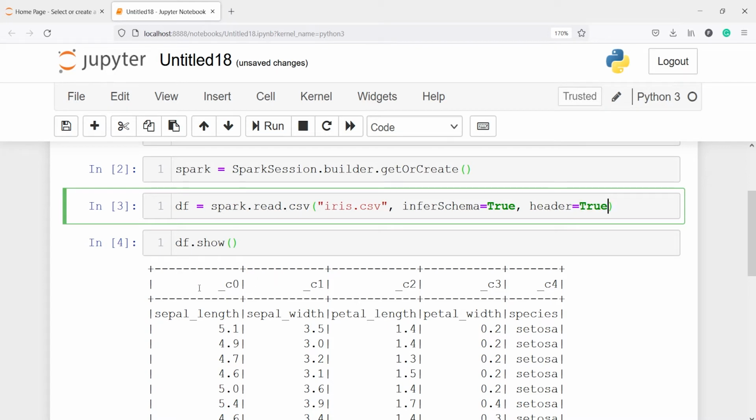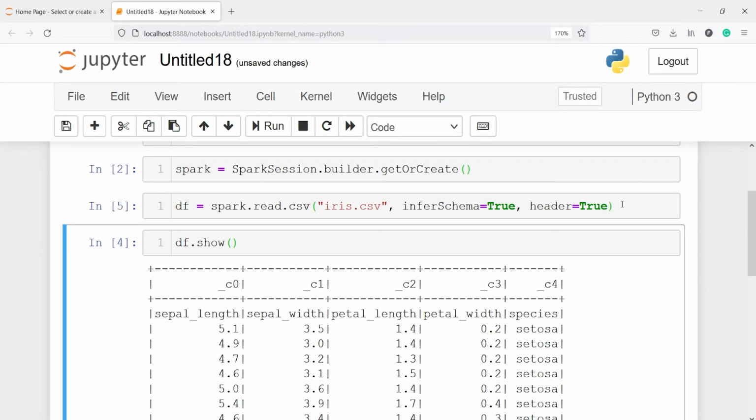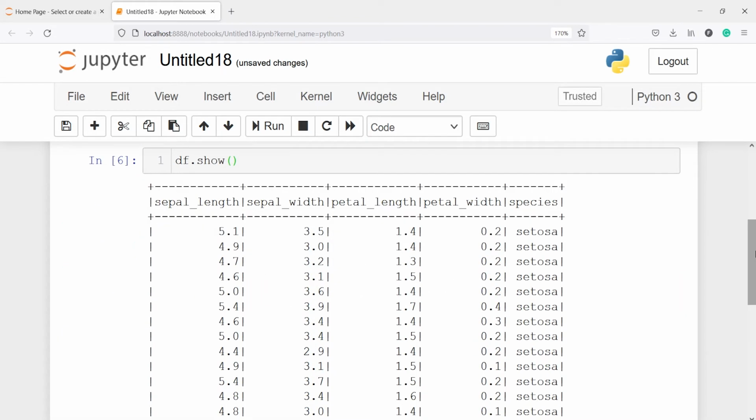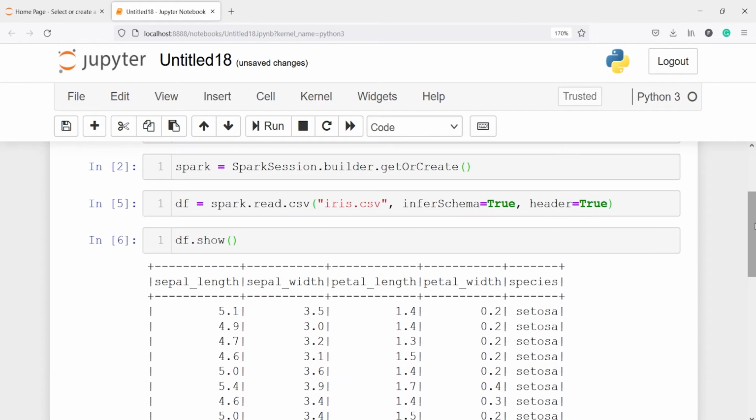Here you will see that we are getting the column names in the second row, and the actual column names here are _c0, _c1. So we don't want the column names to be in this format, and that is why we are passing these two parameters. The first one is inferSchema and the second is header. Let's execute our code and reload the CSV file. Now let's run this code again and check our new data frame. So now you can see that we got a very nice data frame. It is neat and clean, and the column names are also printed nicely here.